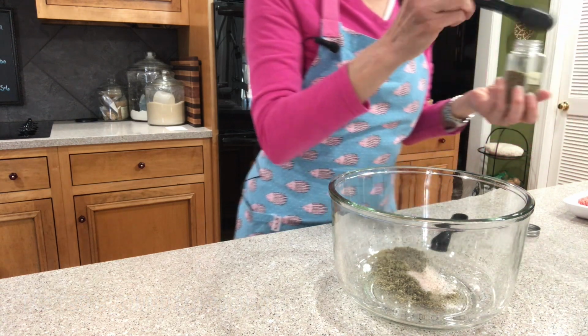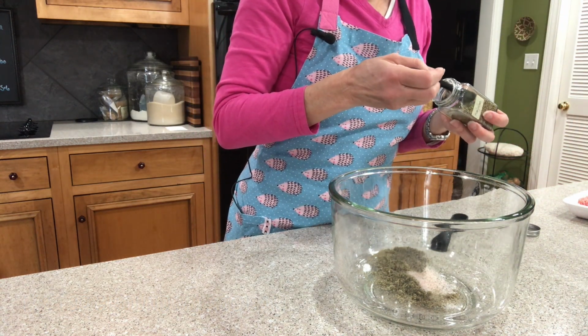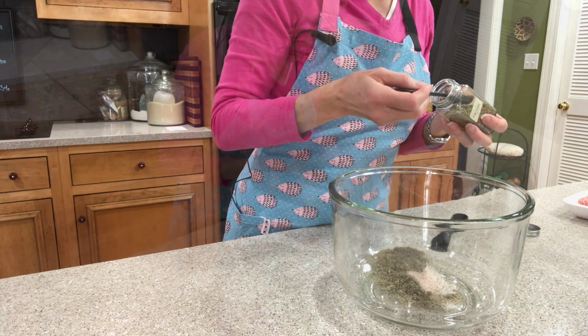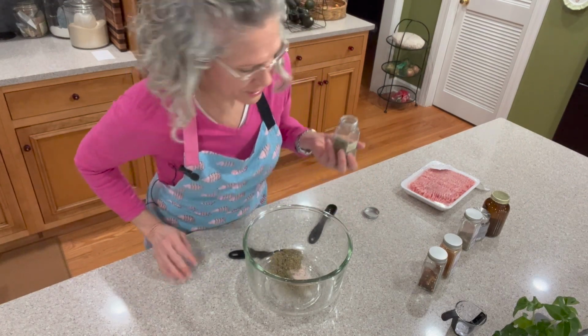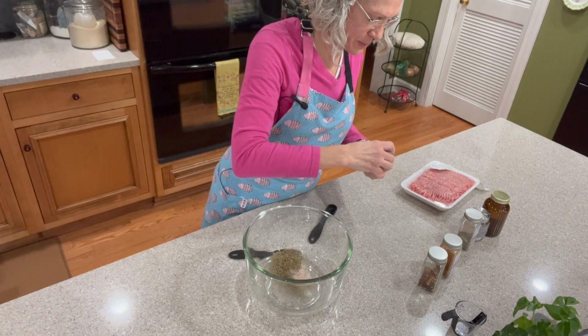And I'm reading this off my iPad over here because it's a recipe I sent into our local publication for our small town. So we'll need 3/4 of a teaspoon of ground marjoram. I've never bought marjoram in my life until I started making sausage from scratch, and now I keep it here on a regular basis because I will not